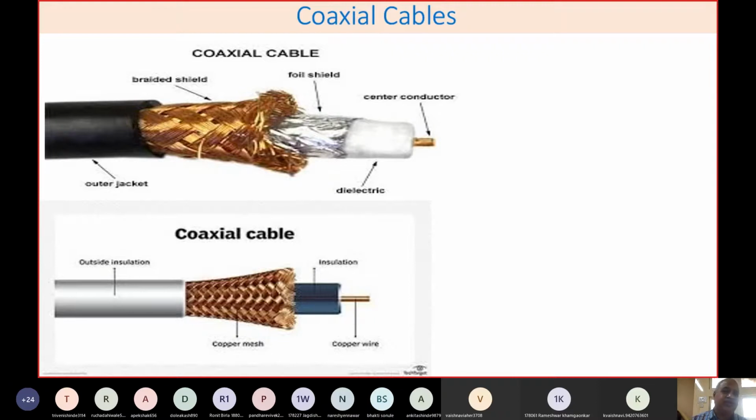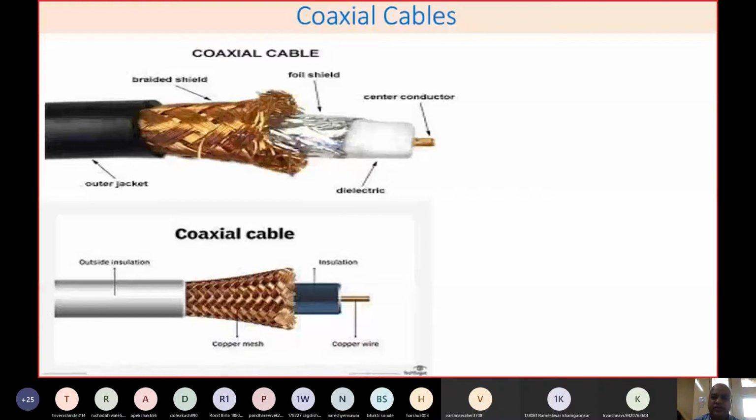There will be an outer jacket, which is normally black color, very thin plastic. Then there will be a shielding, mostly of copper or some such material. So there will be a thin net of shielding, depending upon the cost as well as the operation where you will use this. Mostly it is for prevention from animals, or just to protect, and at the same time to protect from interference. Then there will be a foil shield. It is mostly to prevent any EMI interference.